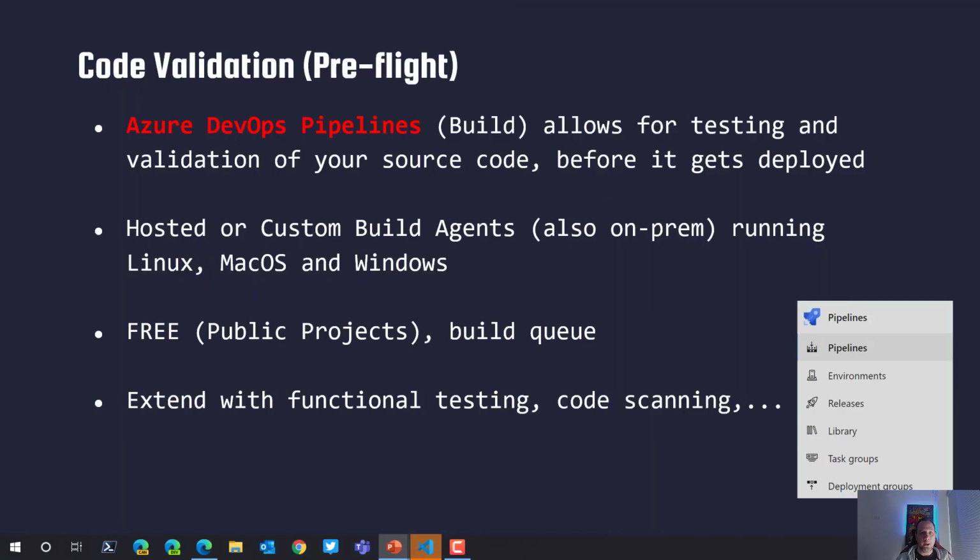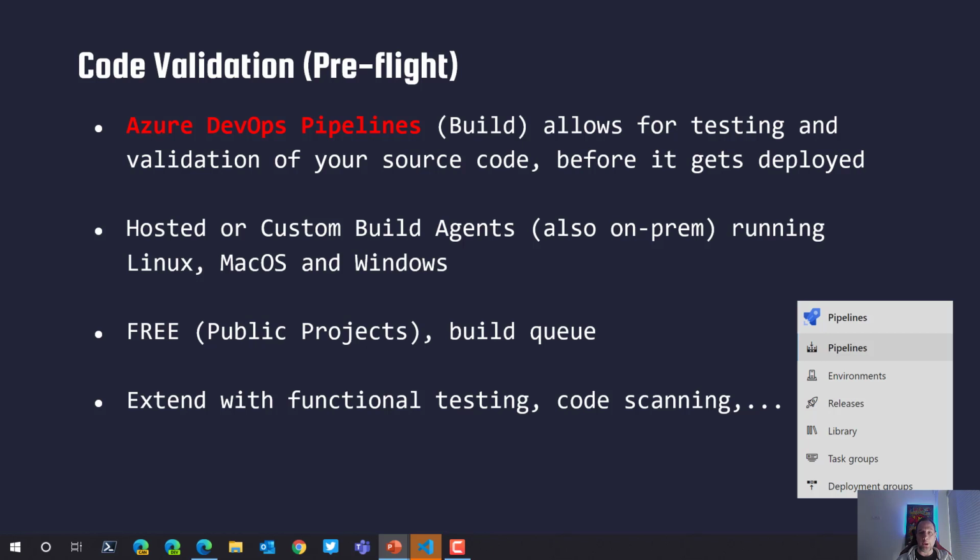Way cool. This brings me to pipelines, probably one of the more relevant components, I would say, to really enable cloud magic, although everything I talked about up till now is actually pretty valid as well. So code validation, or the pre-flight status, is the build stage in Azure DevOps. It allows you to compile your application running on-prem, running as the compiled state on-prem, or using the pre-built Azure DevOps build agents, as we call them, virtual machines running on Azure,